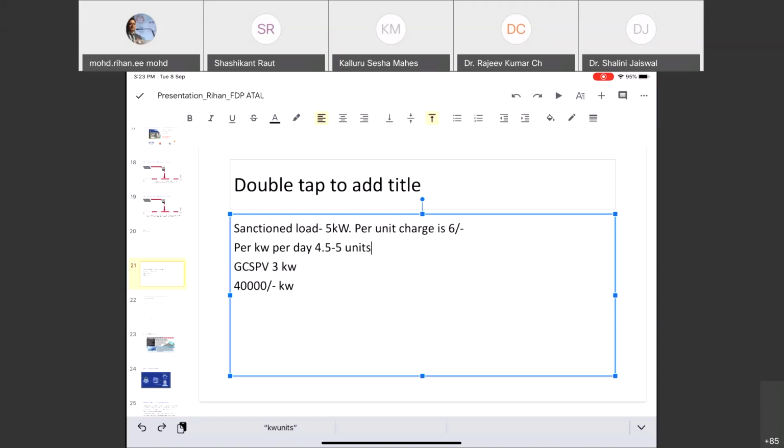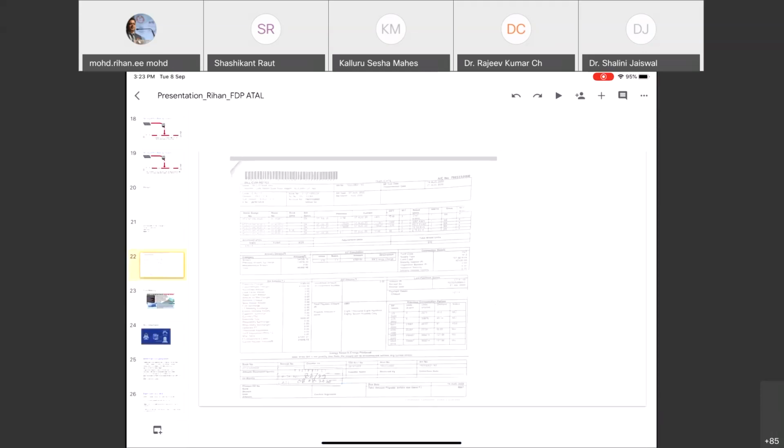I am showing this electricity bill of one of our buildings. Now, you need to understand that we are an educational institution, and in the present system, educational institutions are not allowed to have net metered system. But this plant we had installed before this policy came, when net metering was open for all types of categories. So it is a detailed bill only.